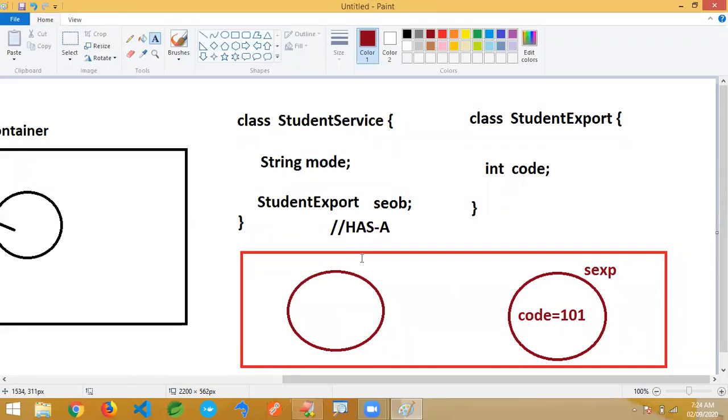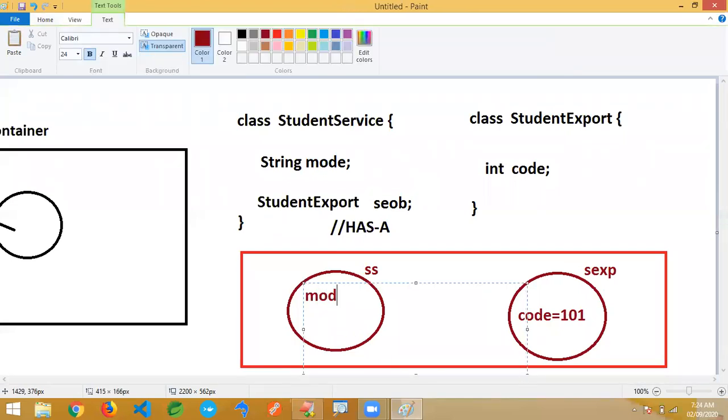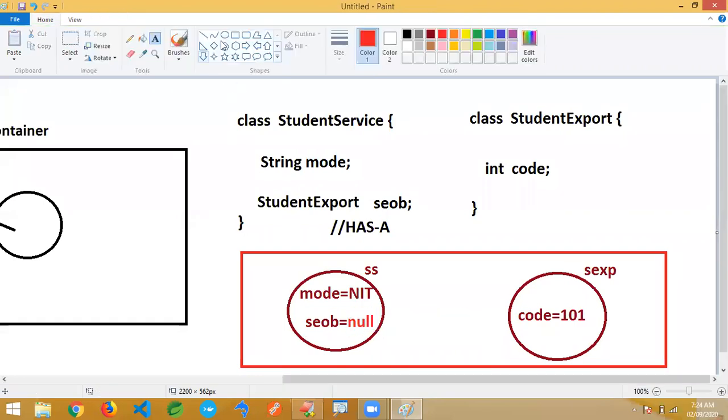And this object name I'm writing here SS. It has a mode equals NIT, just a dummy value, and inside that SEOB will be there. The default value will be null. Just for your understanding I'm writing the default will be null. Remove this null and link it to this object.